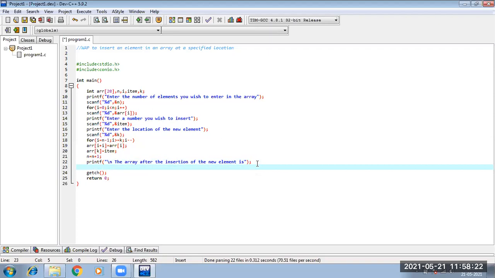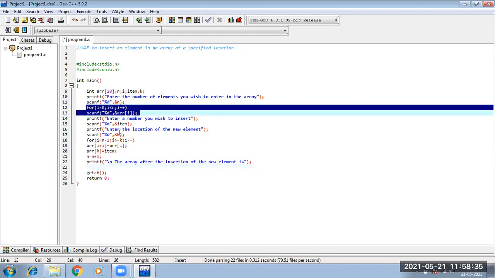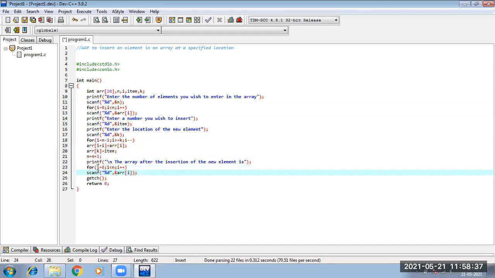After that, we all know that in order to print an array also we use the same loop. But in case of scanf, we just use a printf, right?